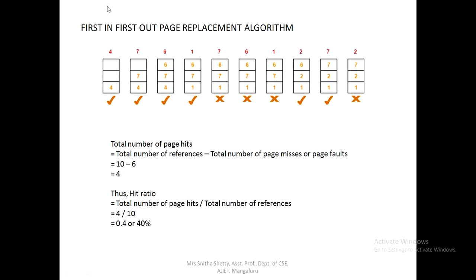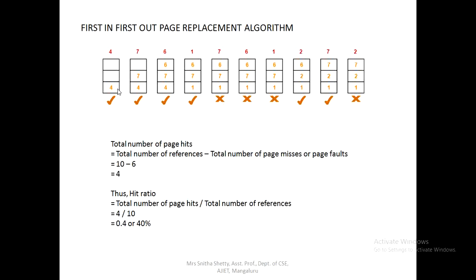First you need to ask what is the string, what's the length of the string, read the data. Next you need to ask how many empty frames, what is the size of a frame, it is 3. Initially it is empty, so you can put -1, -1, -1, that indicates it is empty. Now when the data is there, we call it a page hit. When the data is not present, we call it a page miss.